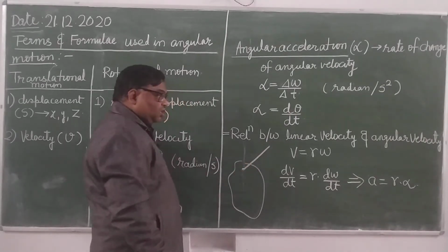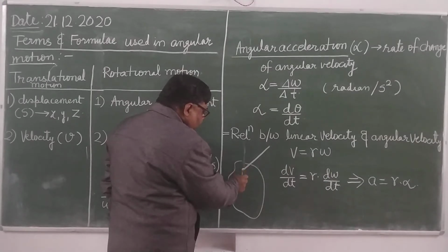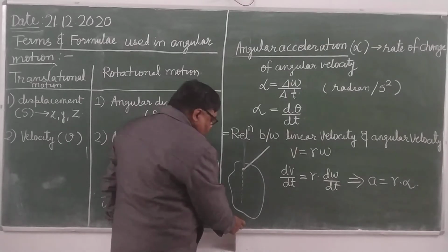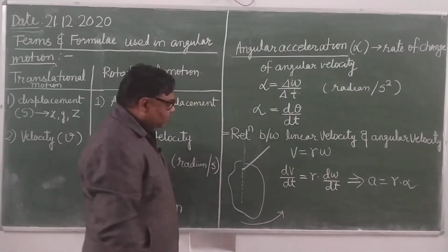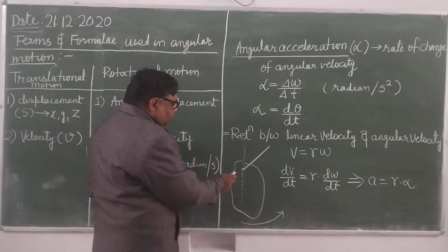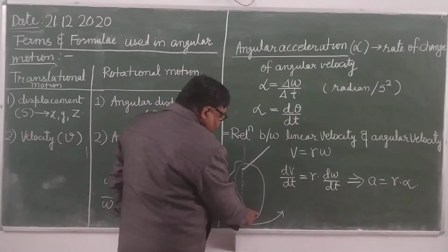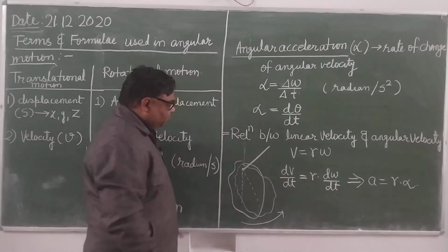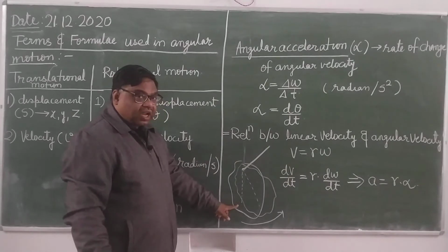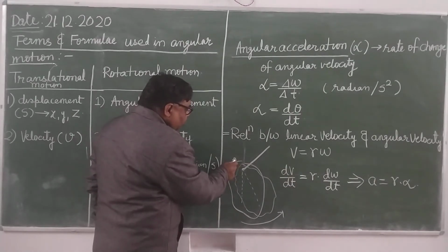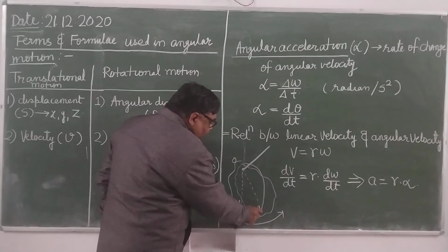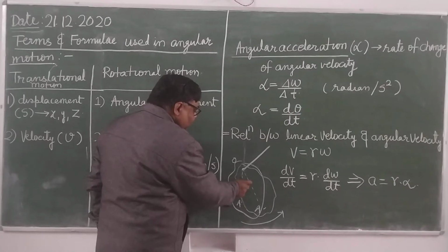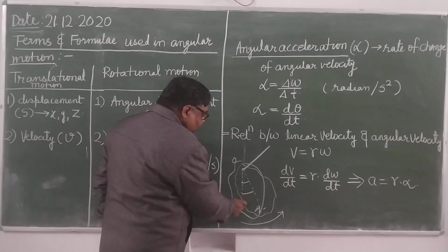Now, if you see the particle situated on this line, after time t, when it rotates in the anti-clockwise direction, what will happen? After some time, the position of the body will become like this, and the line will shift from position OA to OA dash. All the particles are displaced by the same angle.